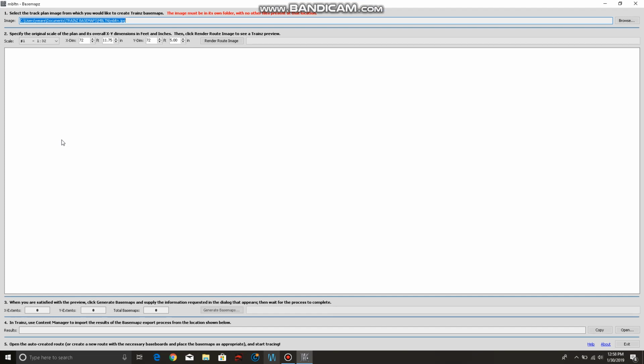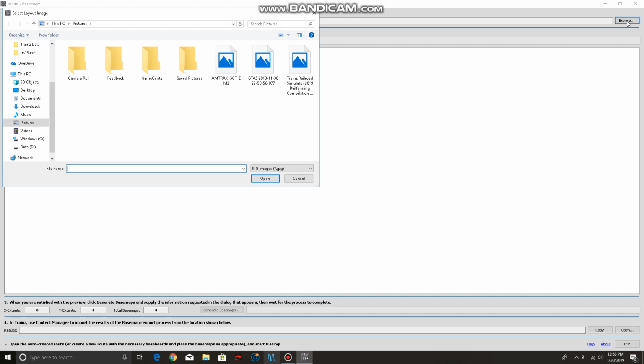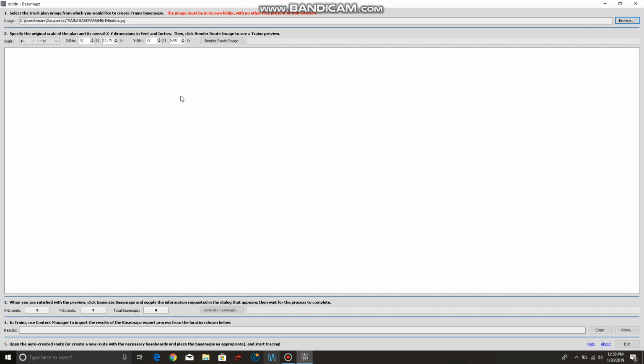Now, step 1. Select the track plan image from which you would like to create Trainz base maps. This is pretty much the image you just took from Google Earth. This is where you actually make it into an asset that you can import into Trainz. Now, you pretty much click browse, find where you store the image, and then once you have it, go to step 2. Make sure you set this to number